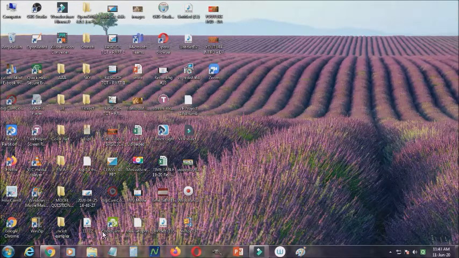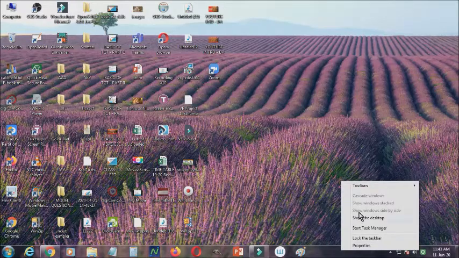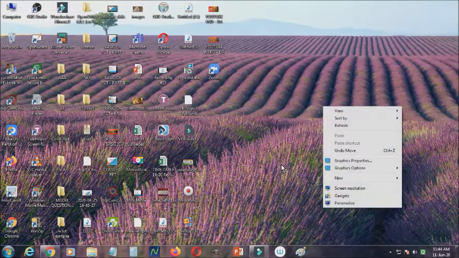You can put shortcuts of all your programs in the taskbar as well. If you right click here, you will get the option of taskbar manager and lock the taskbar option.